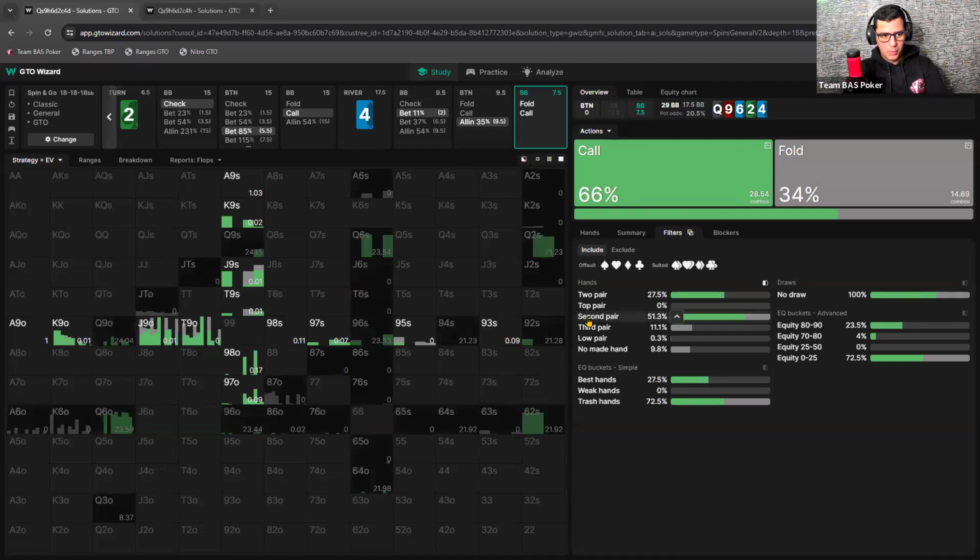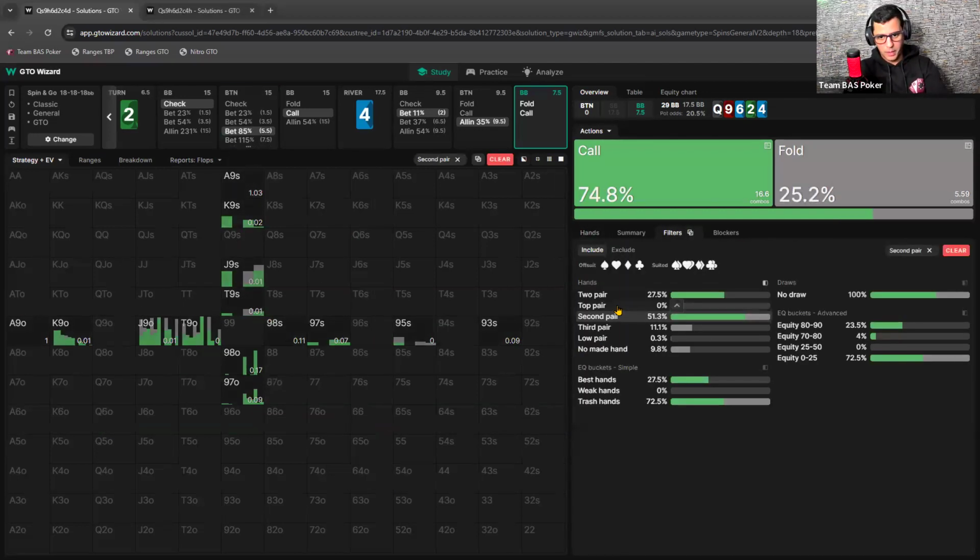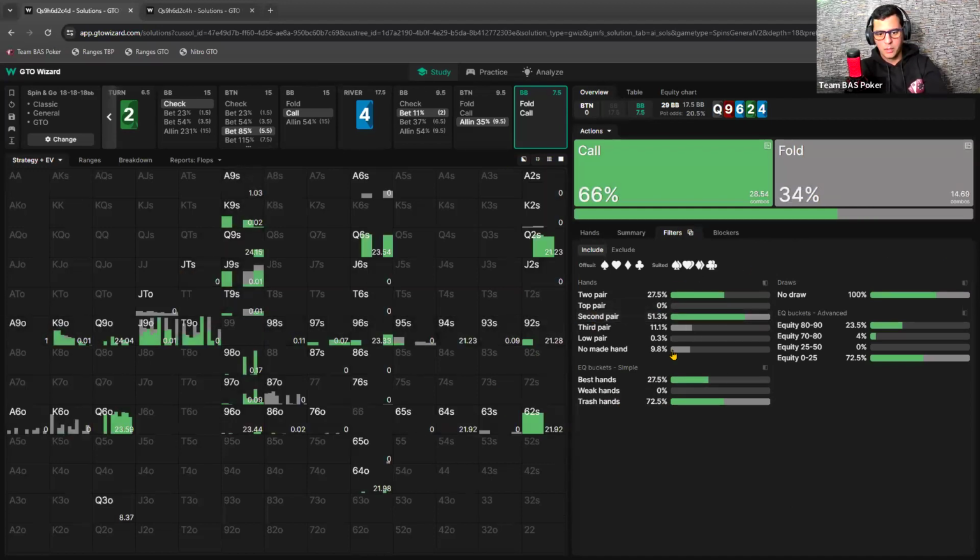And this is my point here by not calling the second pair. As soon as I see something like this in terms of EV, it's clear that it will not be the reality, because people under-bluff always, and therefore this kind of thin EV will disappear very, very quickly, and it can become very, very minus EV. All right, let's get into it and see some